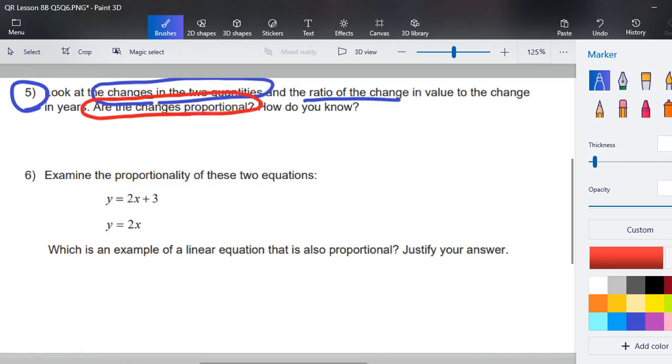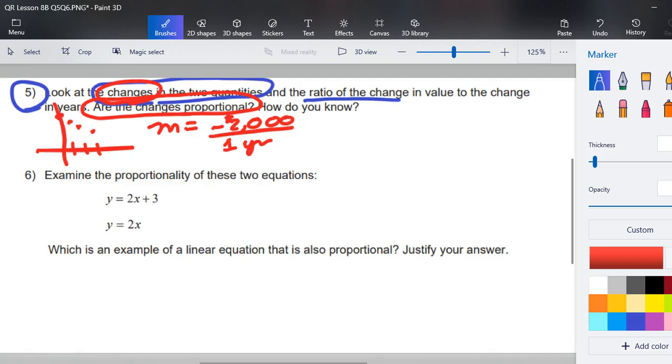In other words, is there a number that when you are going from here to here to here to here, is there a ratio that is the same changing from point to point? And the answer is yes. It's called slope. We are going down $2,000 for every year that you own the car. So the changes in the quantities,